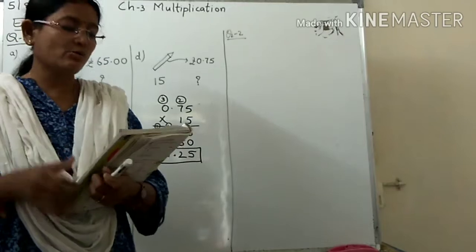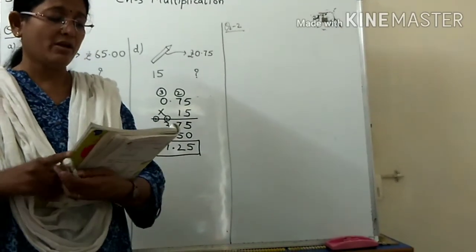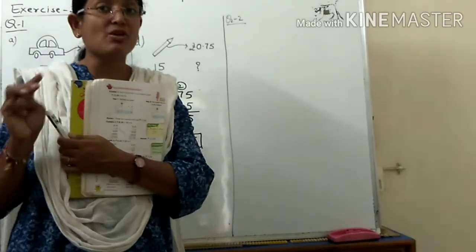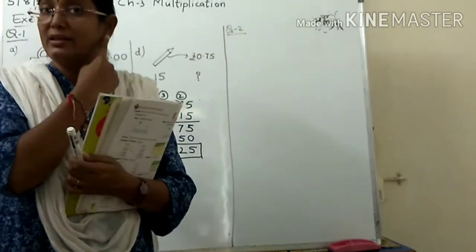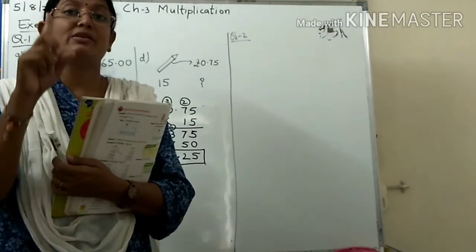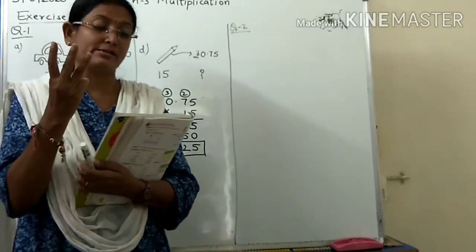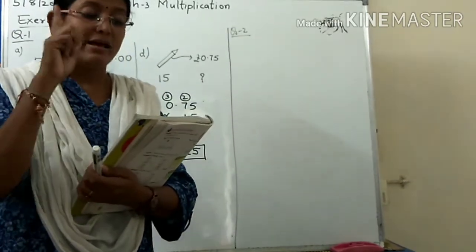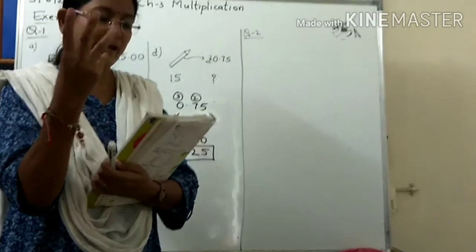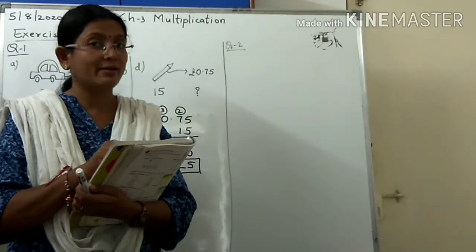Okay. Let us move to question number 2. That is application in real life. Number A, Hina bought 3 pairs of earrings. Now what is the meaning of earrings? See, I am wearing the earrings, same way your mother is also wearing the earrings. These 2 earrings will make 1 pair. Like that, Hina is purchasing 3 pairs of earrings. From these 3 pairs, each pair costs rupees 85, means 85, 85, 85, right? How much change did she get back from a rupees 500 note?